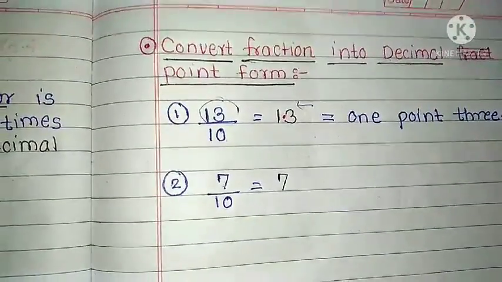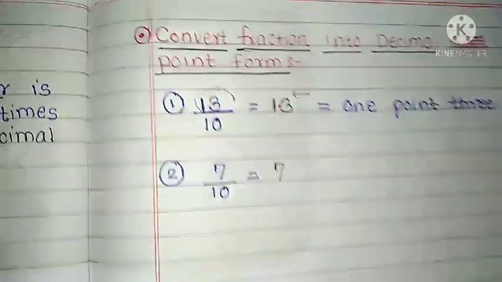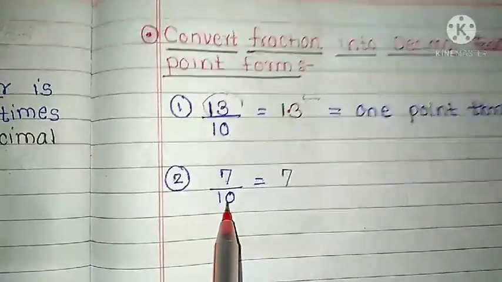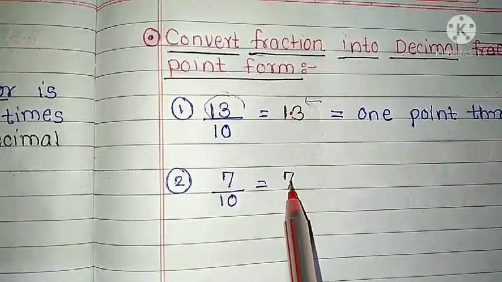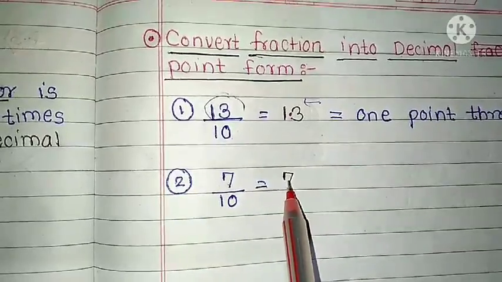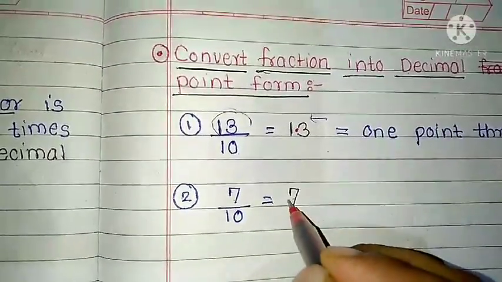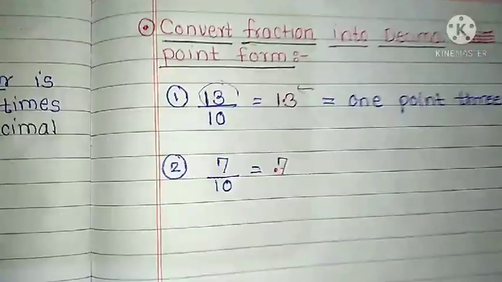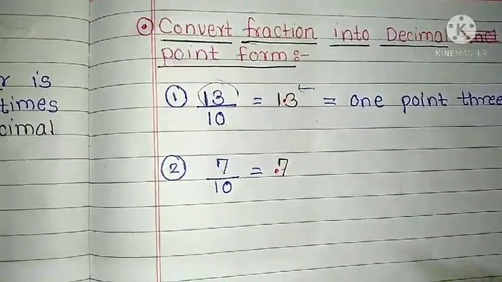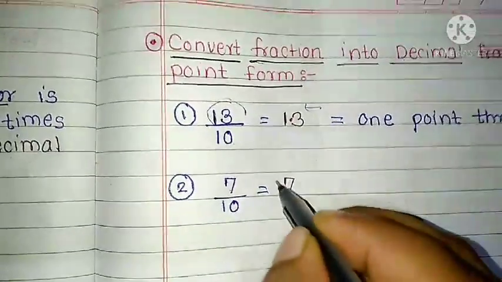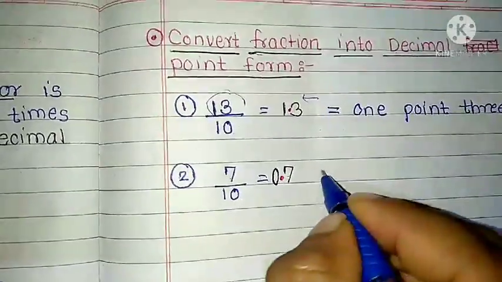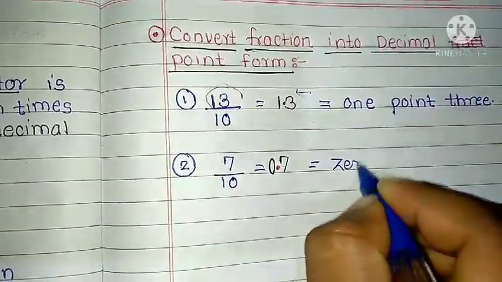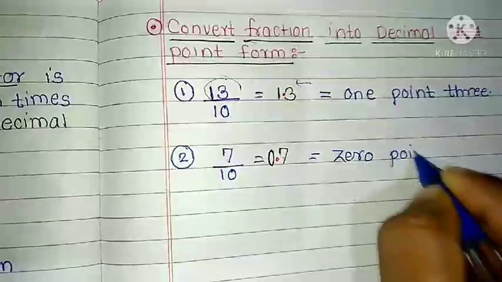First we write the numerator number as it is, yes. Then we have to put a decimal point. So how many zeros are there? 1 zero. So one place, one number we are removing, and after this one number we put this point. After this point there is no number, so we put 0 here. So 0.7. So how do we read it? As 0.7.